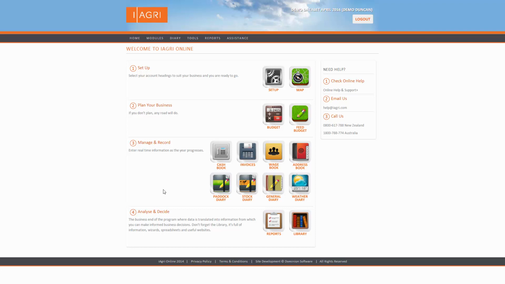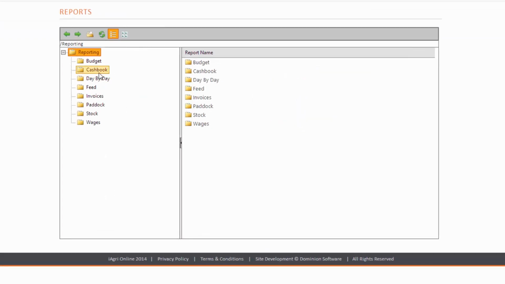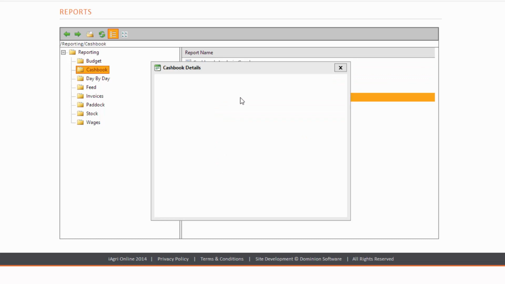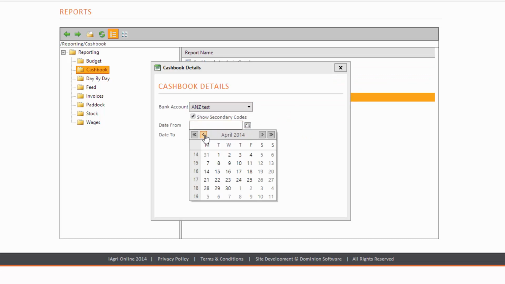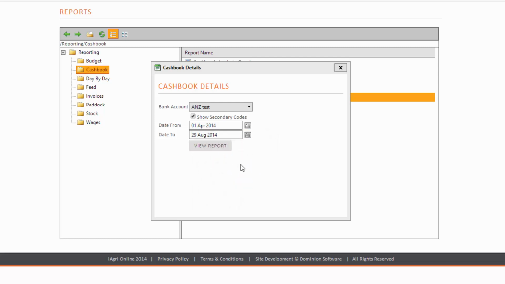Also, the last section, section 4, is analyze and decide. So we've got a whole list of reports in here that once you've started entering the data into the program, you can get information out of that. So in here, say we do a Cashbook details, we just list all those banks, go back and we'll just do a couple of months there,